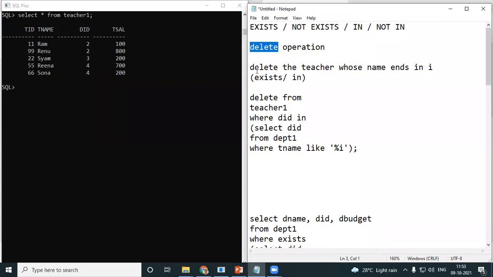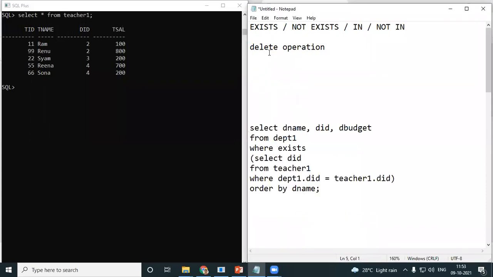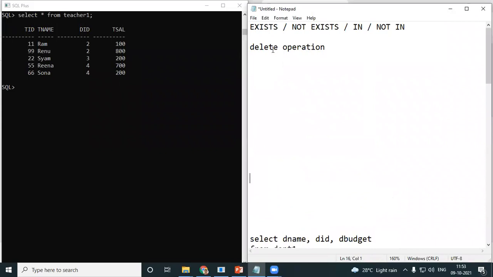Now, next we'll see the update operation. I'll just delete off all this. How do you do update operation with your exist and in? So let's have a question. Increase all the teachers' salaries by 10.